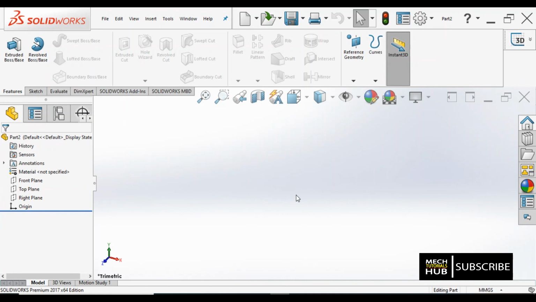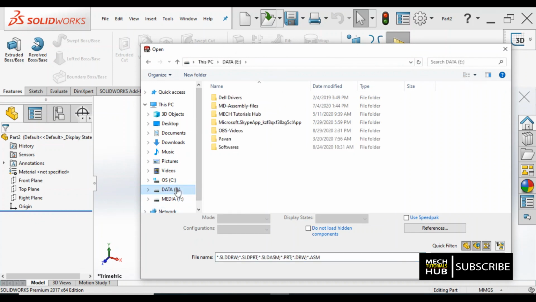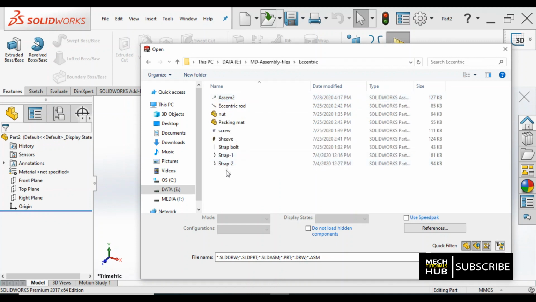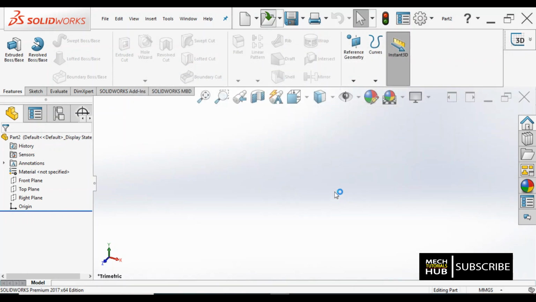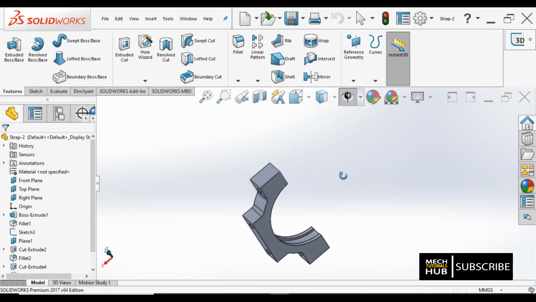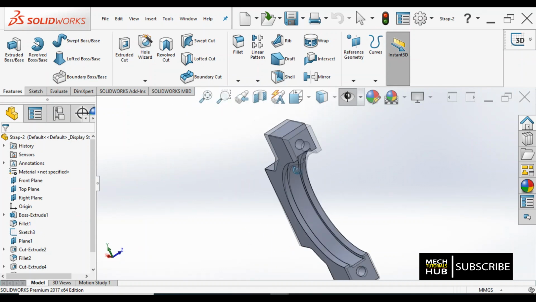models. How complicated may be the component, you can easily create a 3D model by using any of the modeling softwares. As you might have seen in my previous video lectures, I have already developed many of the 3D components, as well as the assemblies also. So those are there already with me. So what I try to do, I'll go with some eccentric model. In this eccentric I would like to take strap as the model, so no need to create it now, because as this video talks about drafting or drawing, I focus completely on that particular module.